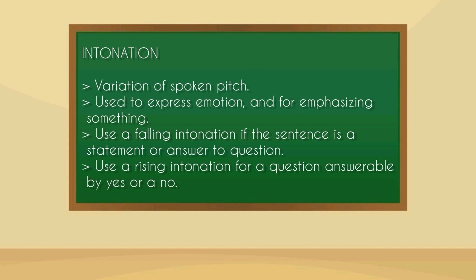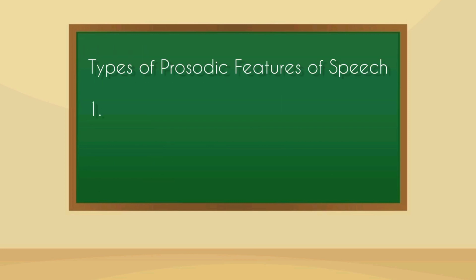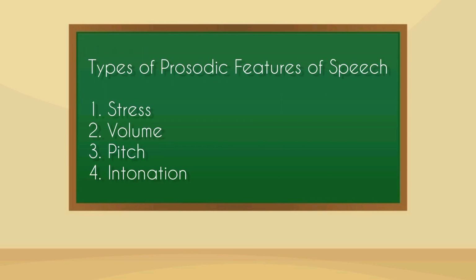Variation of spoken pitch, used to express emotion and for emphasizing something. Use a falling intonation if the sentence is a statement or answer to a question. Use a rising intonation for a question answerable by yes or no. And those are the types of prosodic features of speech. We have first the stress, next is the volume, the third is the pitch, and the last one is the